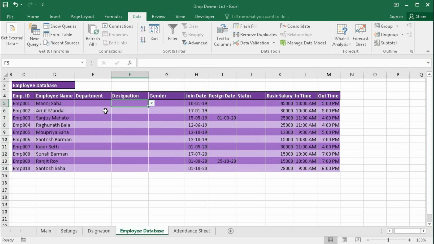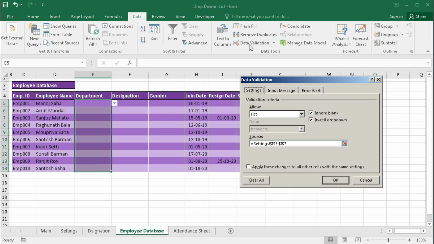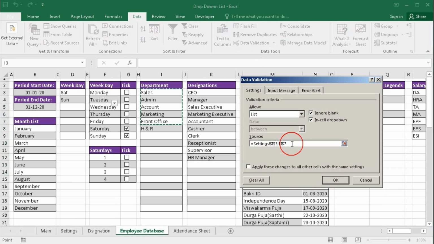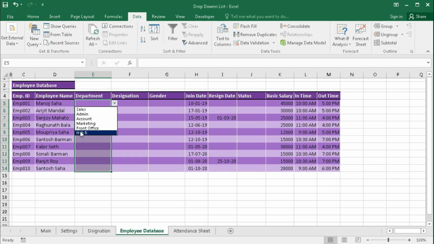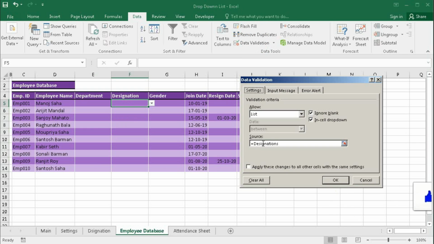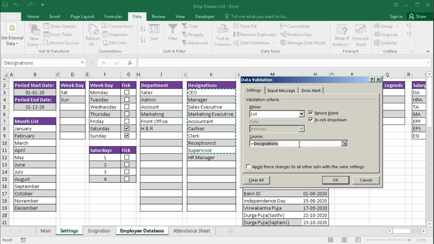In that case, you have to update this data validation. First select the range, go to data validation, and here you can see it is selected up to row 7. You can delete this and select, or just delete this 7 and type 8, that is up to row 8, and then OK. Now you can see the HR department, but here we have used designation, that is the name range, so in that name range it is not added.